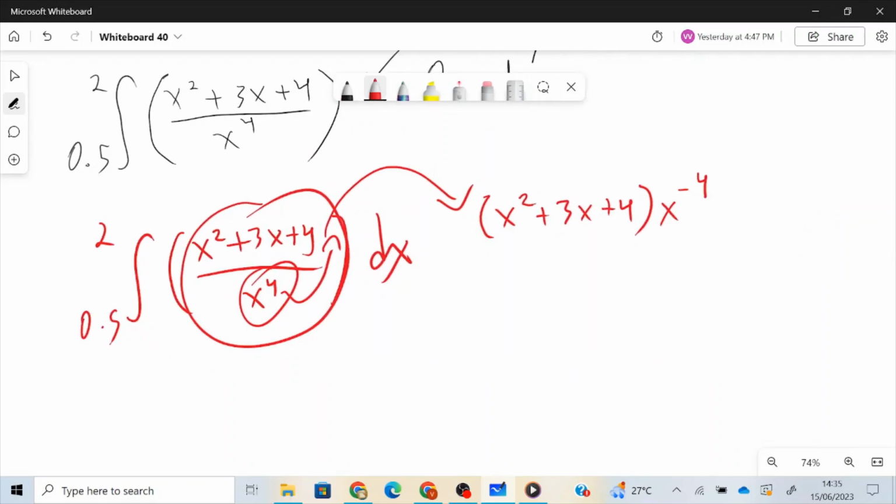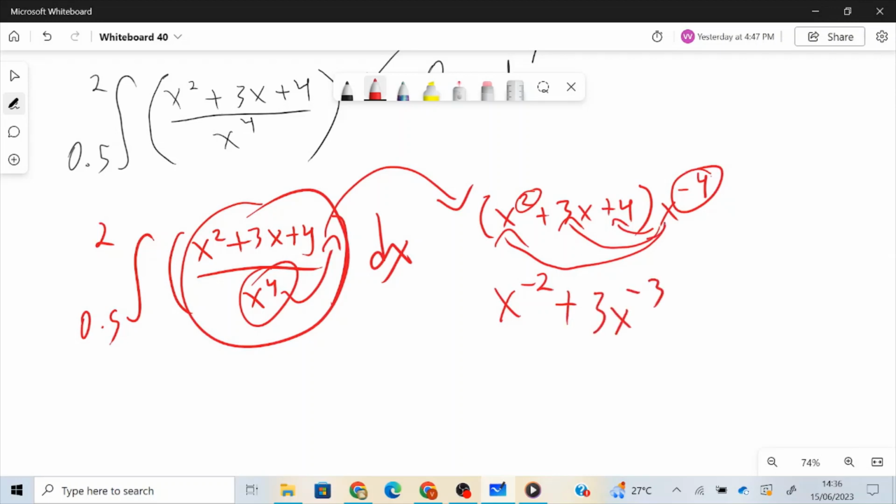And from here I can expand the brackets. I can expand this by multiplying by this, then this by this, and then this by this. So x to the power minus 4 times x to the power 2 gives x to the power minus 2, if you remember your laws of indices. If you're not comfortable with laws of indices, you can watch my video on laws of indices. That will really help. We know that when we are multiplying powers with the same base, we add up the powers, and minus 4 plus 2 is minus 2,